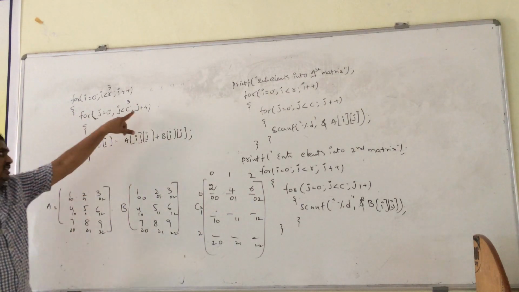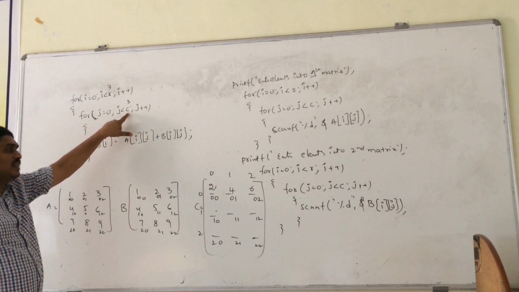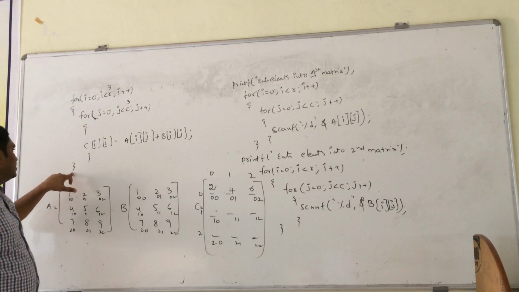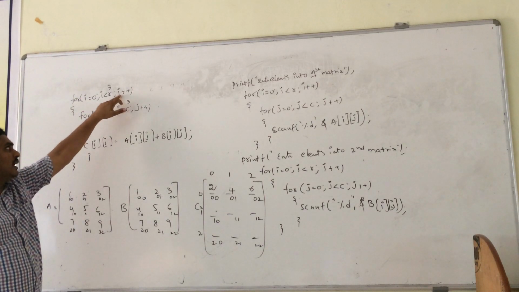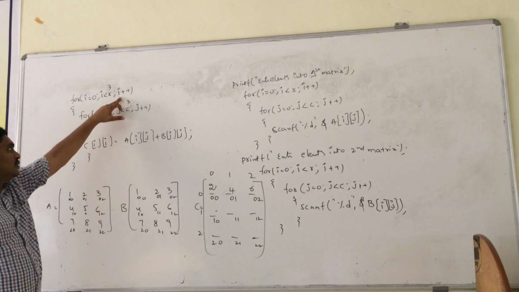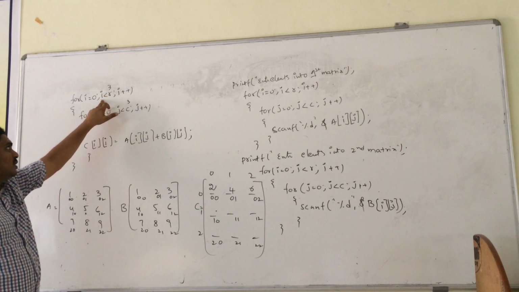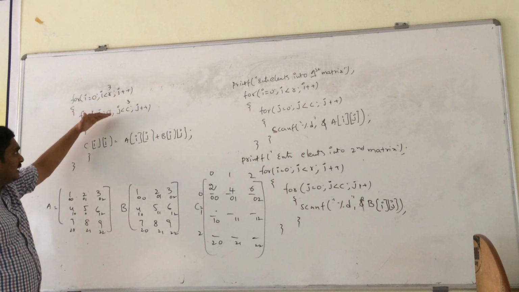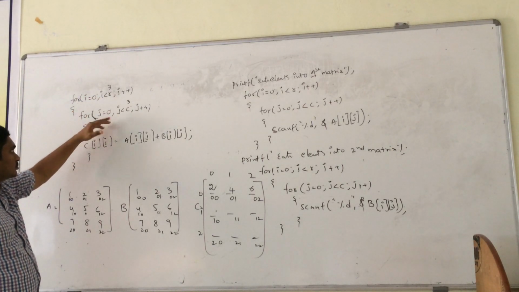End of the loop and j will be incremented. 3 less than 3, condition false. It terminates that loop, the loop belonging to the outer for loop. Again the i value is incremented. So i value initially 0, 0 plus 1, 1. Again condition checking, 1 less than 3, condition true. It enters into the loop.